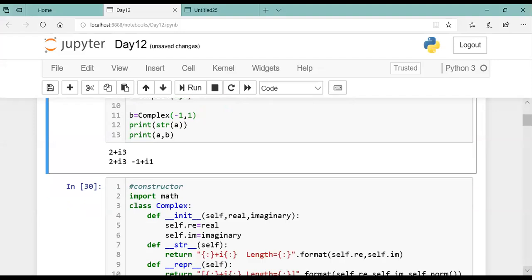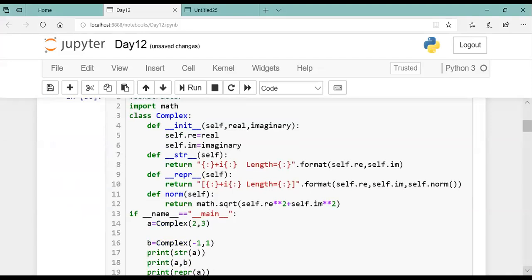Let us try to find out the length of a complex number. You know that length is root of x square plus y square. So for the square root, I will be importing the math module. And the remaining complex function you already know: import math, and simply making a constructor with the init dunder function. And in order to print the object, I'm using str, which is overloaded over here. So without writing the method name, I can run. If I write print a, where a is the object, it will print the data of a directly.